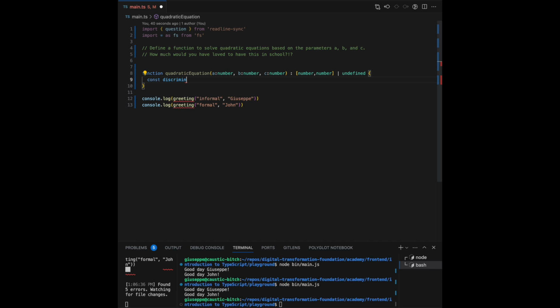Const discriminant, which is b squared minus 4ac. And the discriminant has to be greater or equal than 0. So if discriminant is smaller than 0, then we have to return undefined. There are no solutions to this quadratic equation. Otherwise, we can return